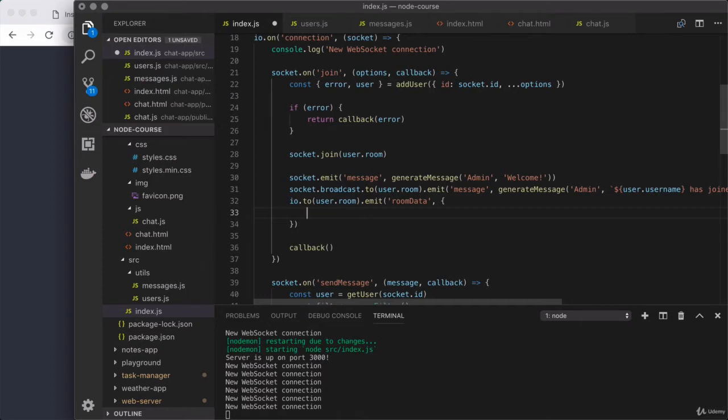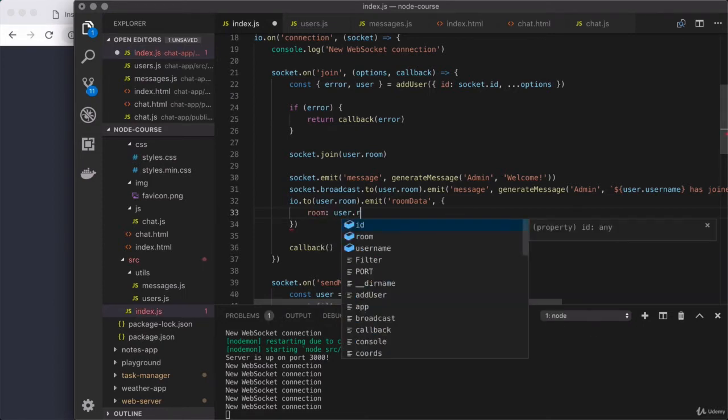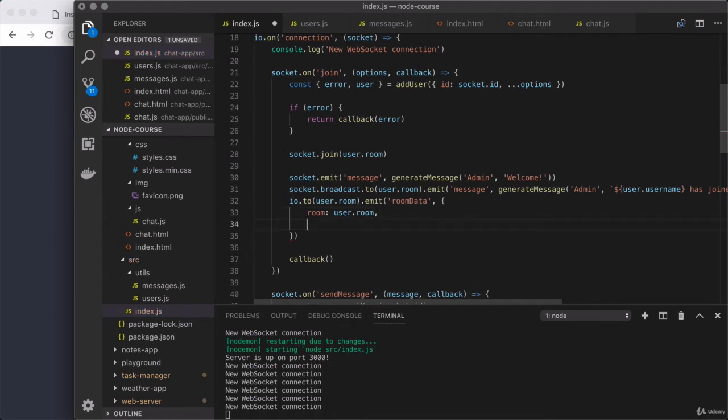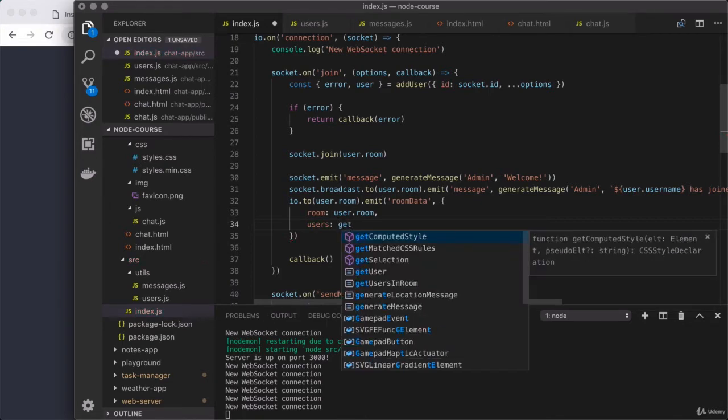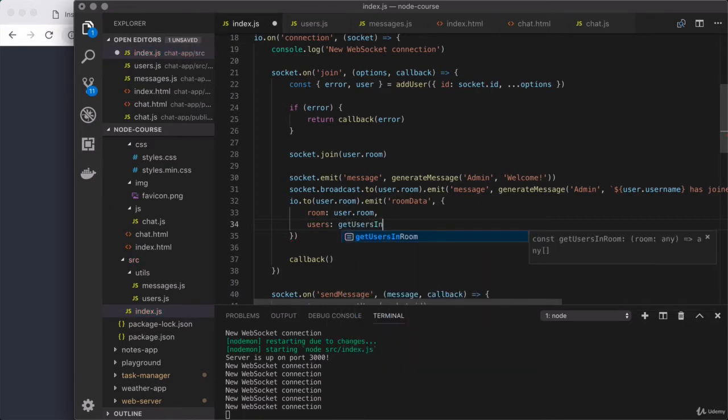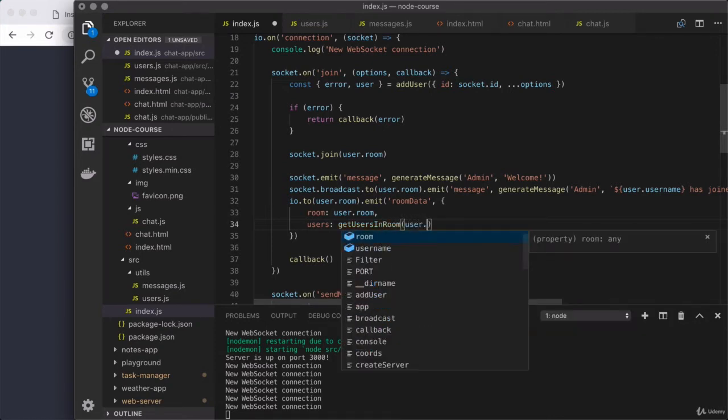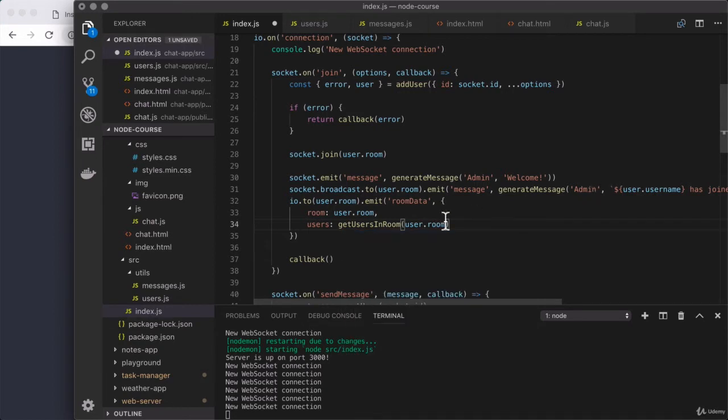So right here, let's do that. Room is going to come from user.room. Then down below, I could call users the property, and the value comes from getUsersInRoom, and we are going to provide the room name. So once again, user.room. So this is going to make sure that the client gets all of the necessary data,